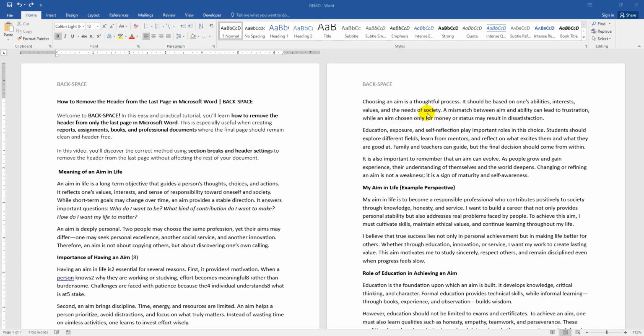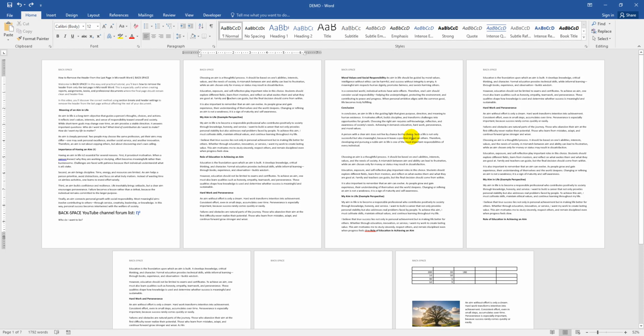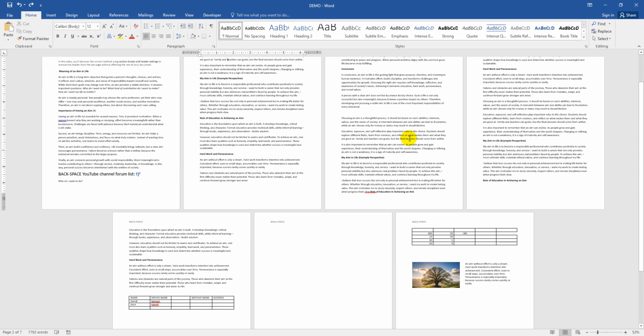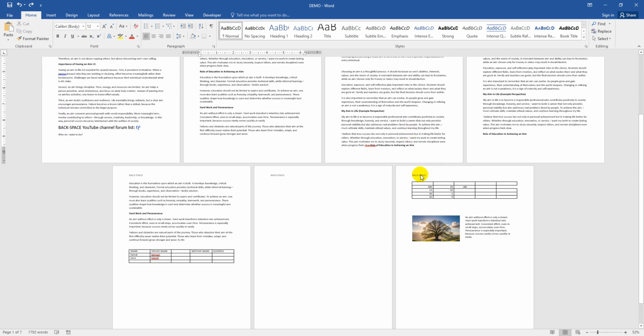So let's get started. We can see here all pages have a header. This is the assignment. Now I want to remove the header on the last page. Go to the last page,